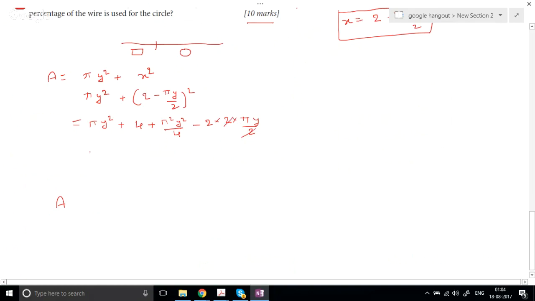One of them will get cancelled. So now let's simplify this. Using these two, we can take y square common. We have pi plus pi square by 4